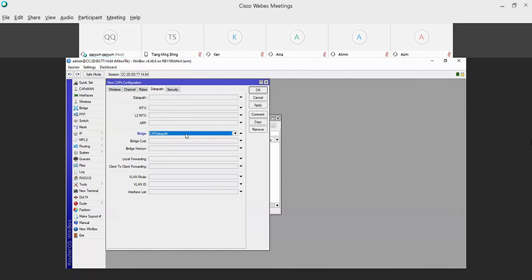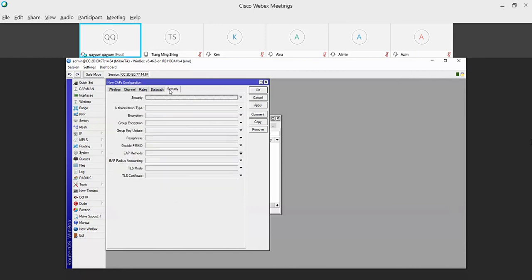If you want to create security for your SSID, you can enable the authentication type. Let's say for example I'm using WPA2 PSK, and for the encryption I use AES CCM.